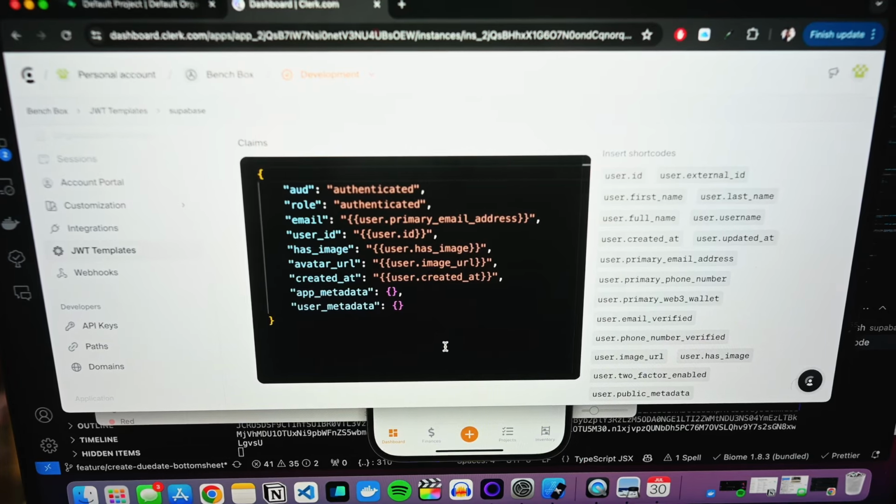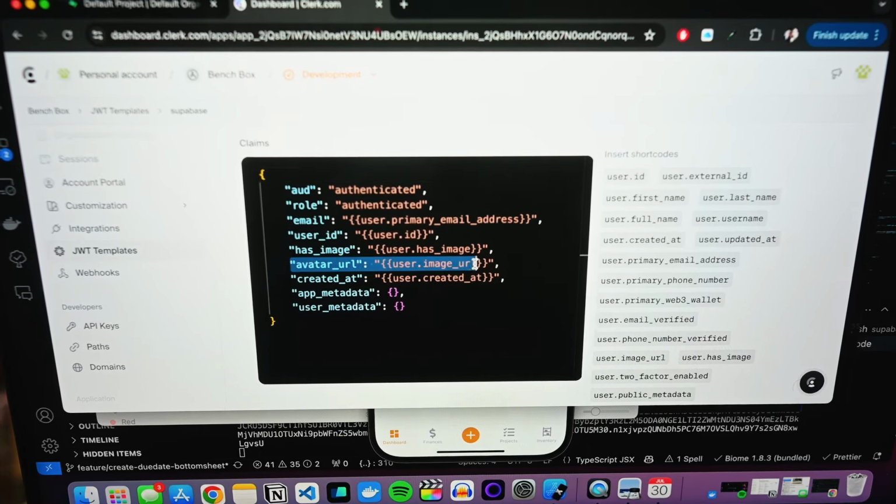So that's awesome because it allows you to store things like the avatar URL. This has completely eliminated my need to have a profiles table right now. I am sure that I'll expand and make a proper profiles table in the app, but if I could just leverage the information in Clerk, the avatar URL, that's one less thing I need to store in Supabase. It just dramatically simplified my process. So Clerk OTP,